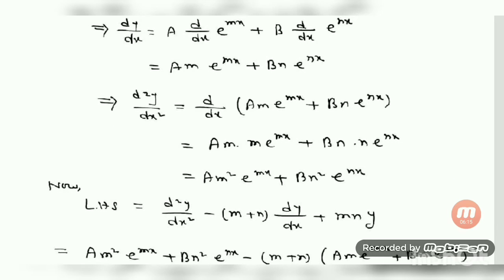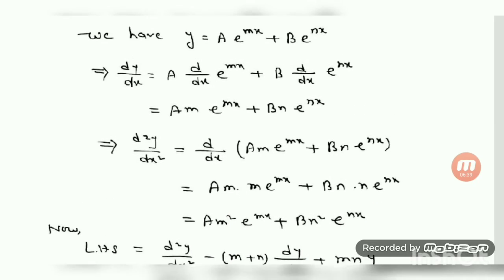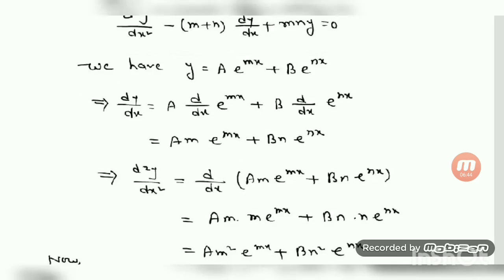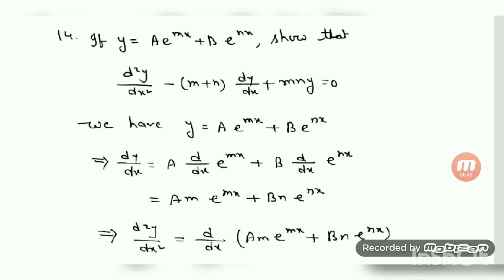Now our aim is to get d2y/dx2. So d2y/dx2 means d/dx of this expression. So d/dx of this expression is what? D/dx of am is constant, d/dx of this plus d/dx of this one. Am constant comes out, d/dx of e to the power mx is m e to the power mx, plus bn constant comes out, d/dx of e to the power nx is n e to the power nx. So we got a m square e to the power mx, b n square e to the power nx. Now if you see properly here, we cannot use the value of dy/dx or y. So here the conversion is not possible directly, so let us substitute on the left hand side.